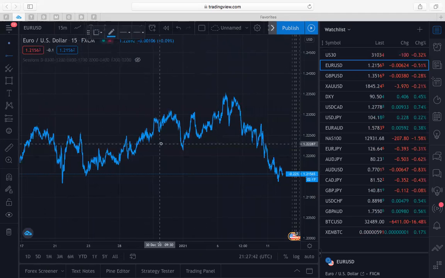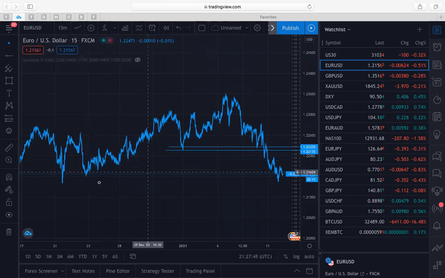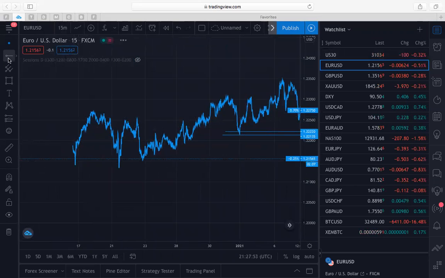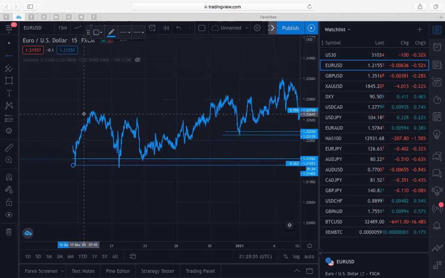Just take this out and fix one, and then we have the second here, right? So we can see another level right here. So we could put this was a level that was respected a lot. Remember, it's a zone. You're not just taking a single line, using two lines, right? So you can see here, this point right here, also a very good zone to work with,